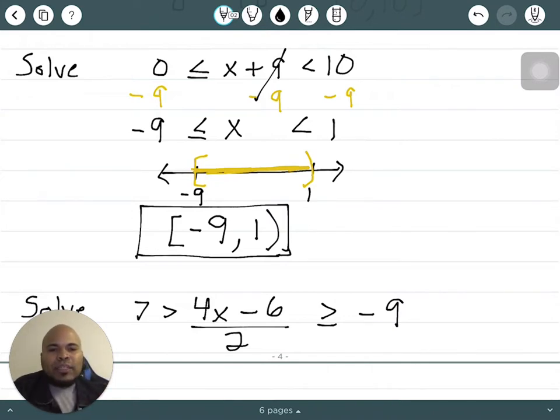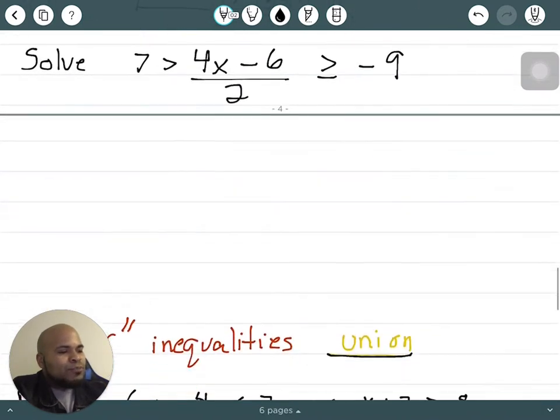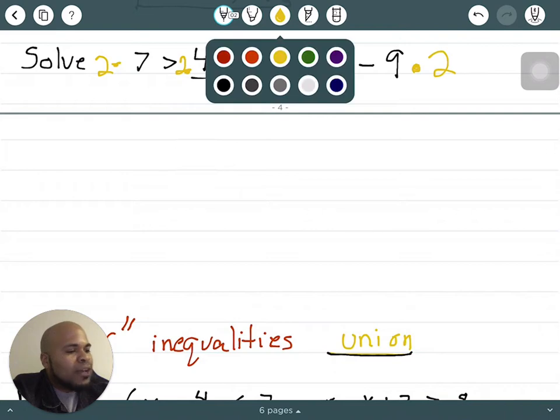What happens when life gives you fractions? Well, when life gives you fractions, you cancel them. That's what you do. And remember, fractions just means division. You cancel things using the opposite. So the opposite is multiplication. So I'm going to multiply every single part of my compound inequality by 2. When I do that, 2 times